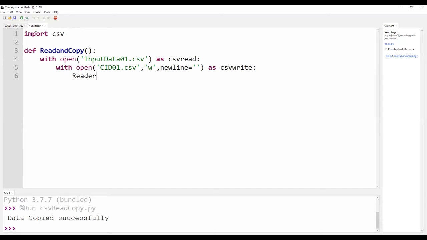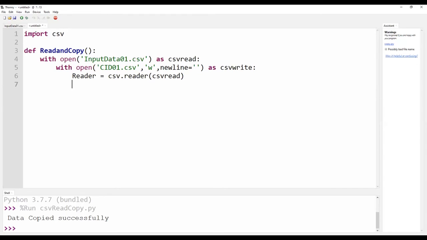I am creating an object, namely reader, which is going to hold the data. csv.reader is a function which reads the particular file, input_data_01, referred to as csv read. Now the entire content will be in reader.